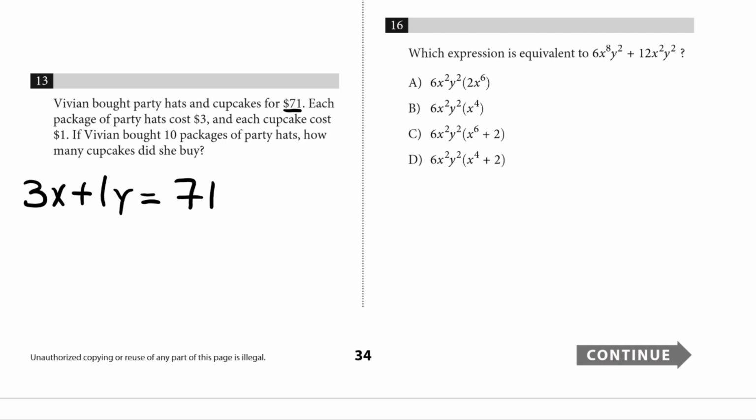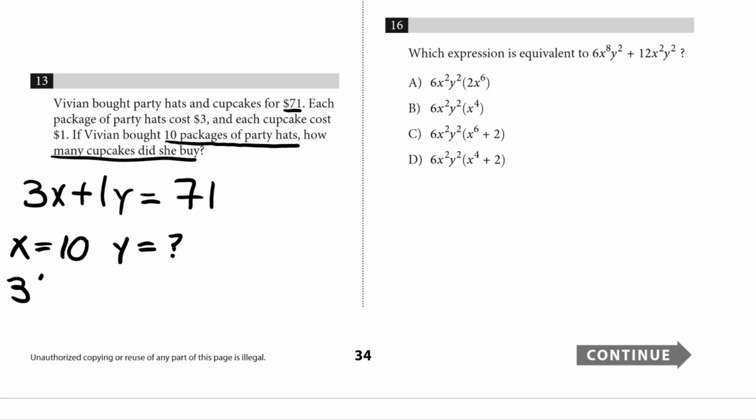They're saying that if she bought 10 packages of party hats, how many cupcakes did she buy? So they're saying if x equals 10, what is the value of y? So if we plug in 10 for x, we're going to get 3 times 10 plus 1 times y equals